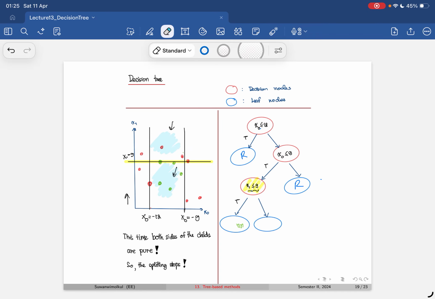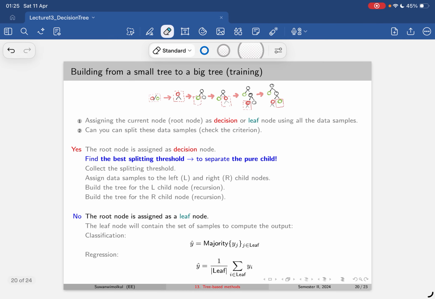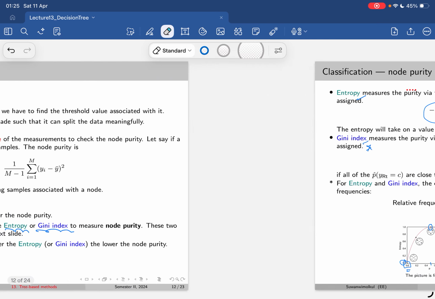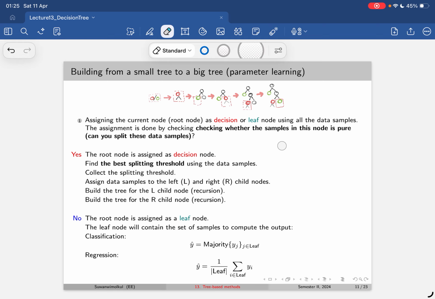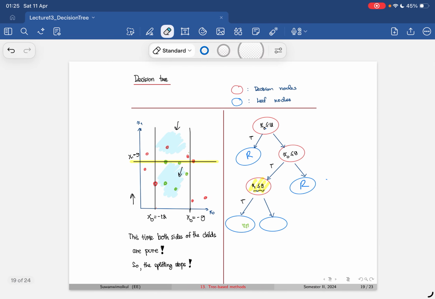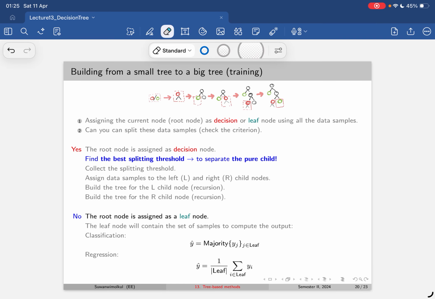Okay, so that's how decision tree works. Simple, but well, okay. So I think before we end this lecture, I will go back to the slides that I haven't described, which is this one. And it's the same as the one that I put in the last slide. That is, when we build from a small tree to a big tree, when we do the training,